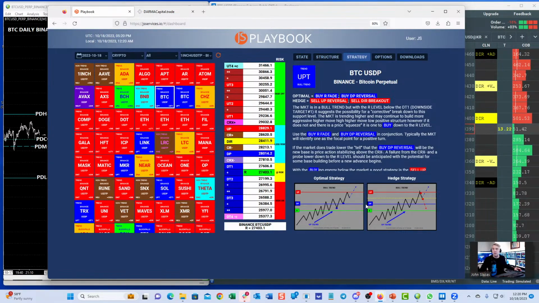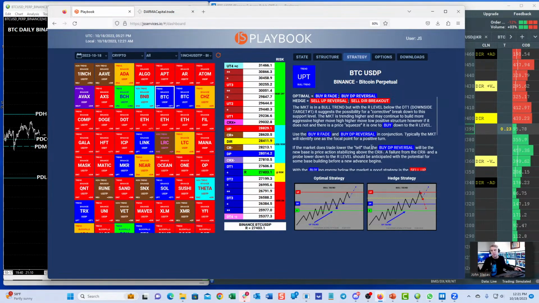So what are some things that we can do on a hedge basis? What are some things that the market tells us through price action within structure that there's an issue, something's going on? Well, if we break out to the upside, so if we breach this 28,829, that's a signal that the market should scale higher, have a new impulse higher. And if we can't do that, and instead we fail back down below this price point, that's what's called a reversal, an exhaustive reversal. Market gets bid, sucks people in, it's a false breakout. Comes back down, it's a sell.